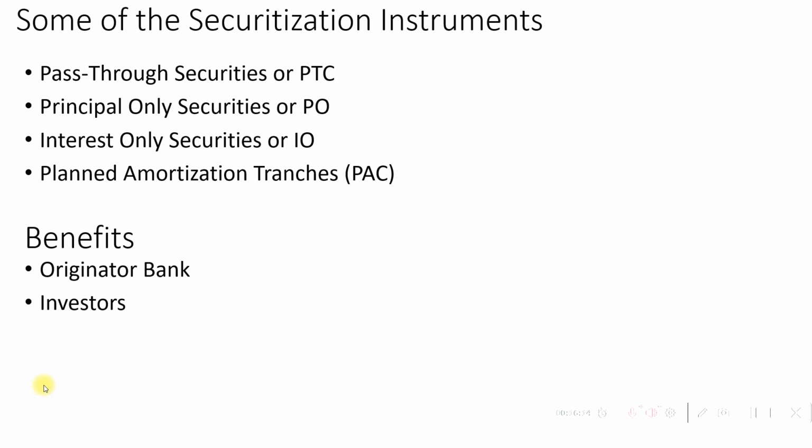And to the investors, what is the benefit? The securitization provides a new asset class. Risk diversification is attained and customization is made possible for investments, as well as there is a complete decoupling with the originator made possible in this type of arrangement. So we have covered basically the basis of the securitization concepts of how it works.